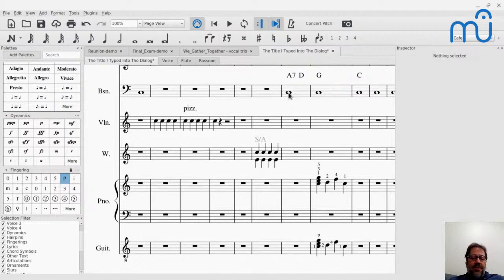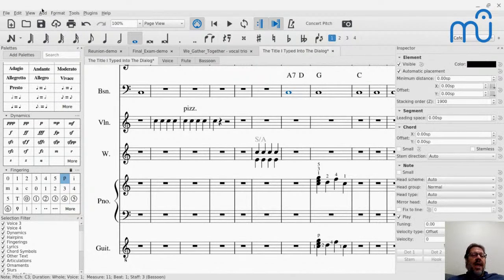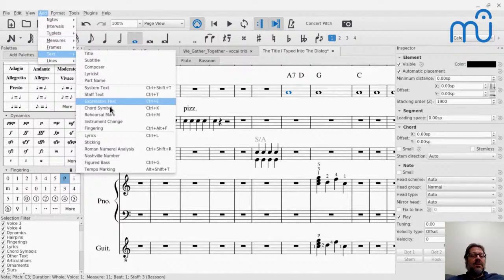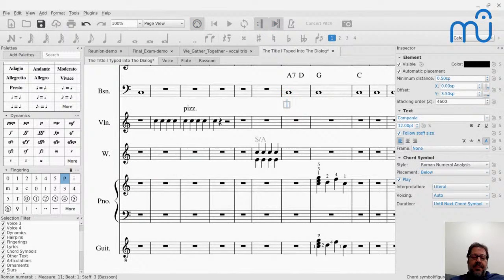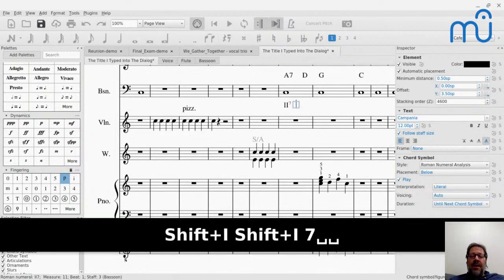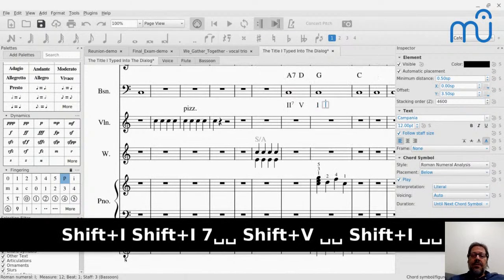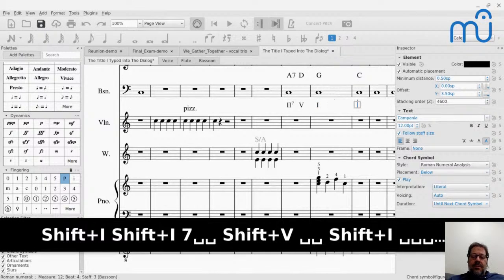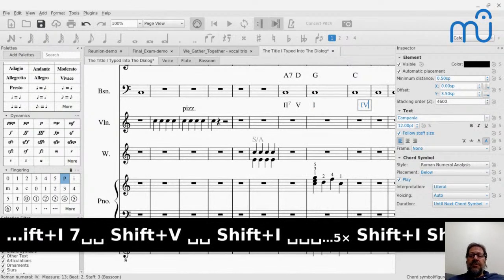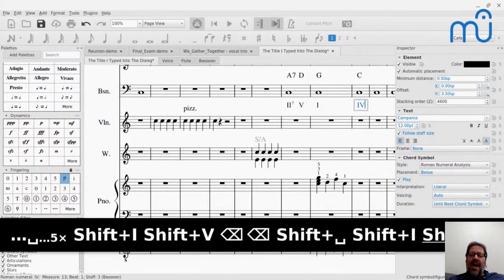As of a few months ago, or maybe a year ago, we added Roman numeral analysis also. So I can click a note and add text, Roman numeral analysis. And I've already defined a shortcut because I use this a lot. Control-Shift-R. I guess I made Control-Shift-R and Control-Alt-R. In any case, now I can type, and it's going to have the same shortcuts like space to move on. Oops, I think I went too far. Shift-space moves backwards, by the way.